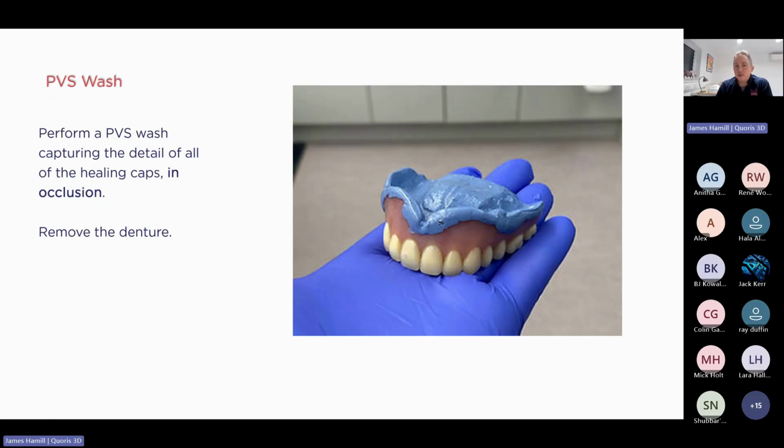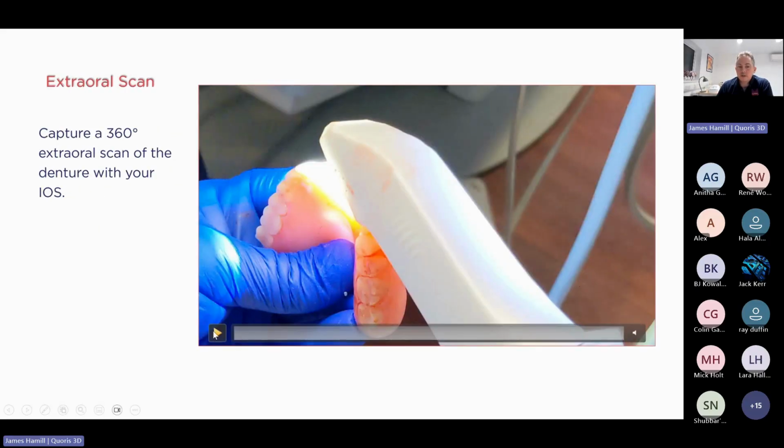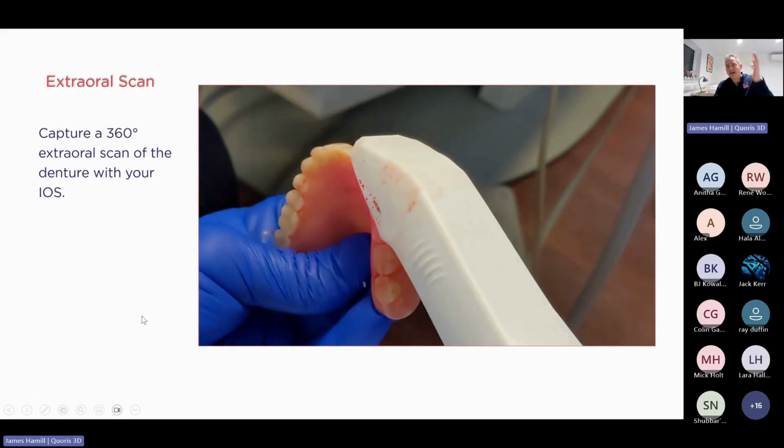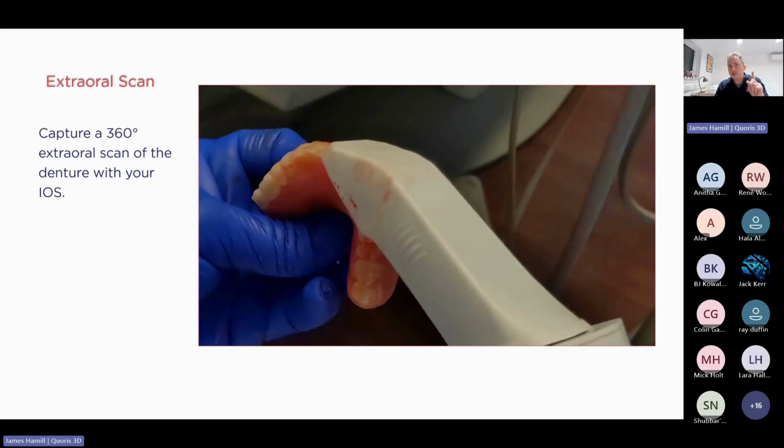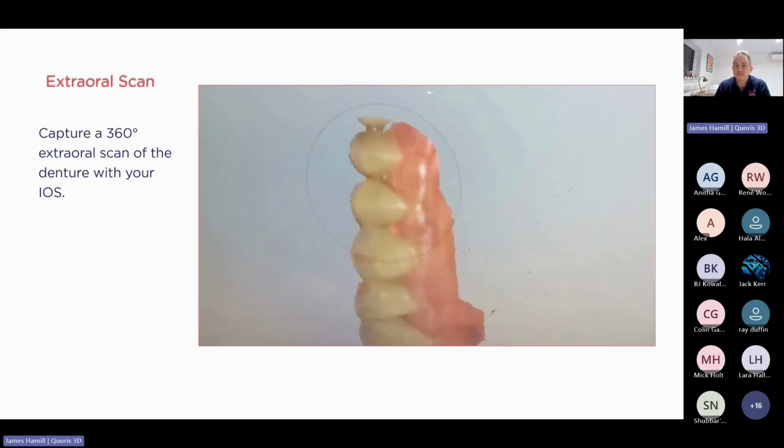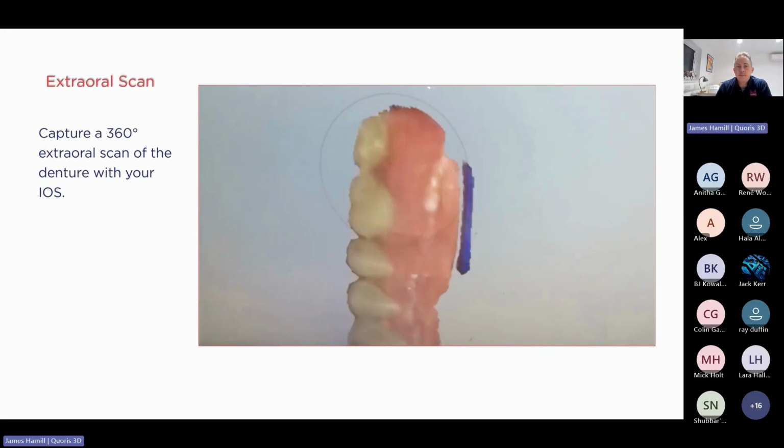And what we're going to ask you to do is then perform a silicone wash off that denture. And what we're looking for you to do is capture the detail of the MUA caps along the arch. Okay. And then you're going to scan that denture. This is your first iOS scan. Okay. So you're going to capture the denture